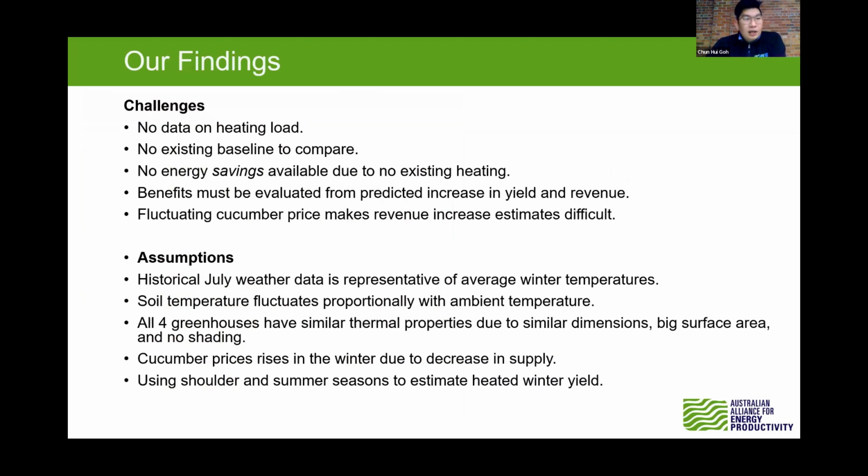So the challenge at the moment on the site is that because there's no heating, we don't have any heating load data. We don't have the baseline to compare, so we have to run simulations to create a baseline. But right now the owner has started to collect some temperature data in the greenhouse itself. This is also a benefit, like I mentioned before: we can create a situation during the winter where the greenhouses act like a summer situation